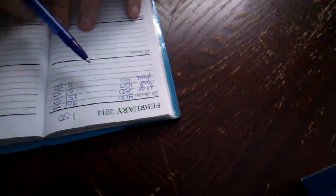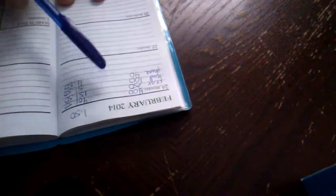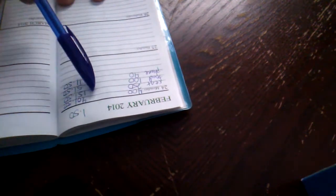So if you want to go out on the town and this is your life, you have $11.50 to do so. And if you're thrifty, you can do that. Now, a lot of banks have an app where you can set your bill to be paid ahead of time. Let's say that your bill is due on the 1st. You have your money on the 24th, but you're afraid you're going to spend it. So, you can either put that $250 for your rent into your savings with the other $250, or, well, now